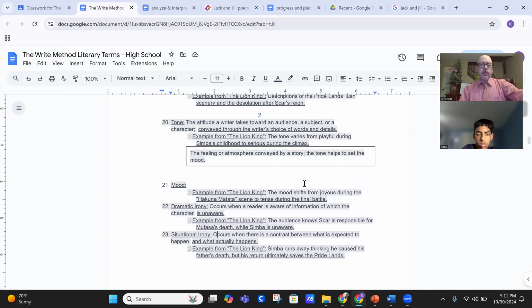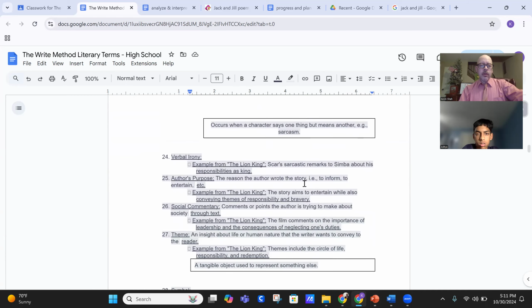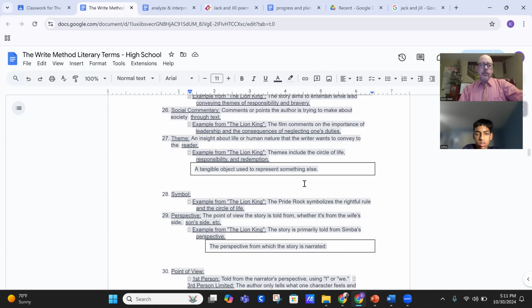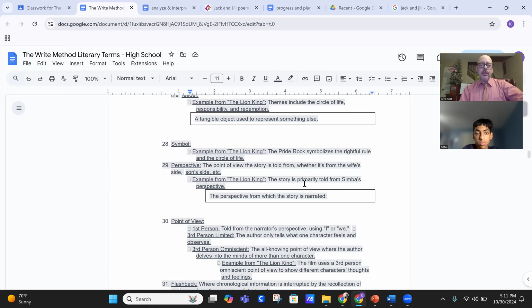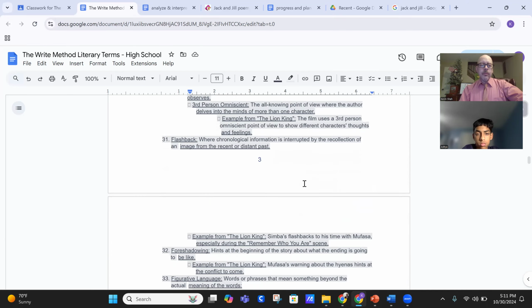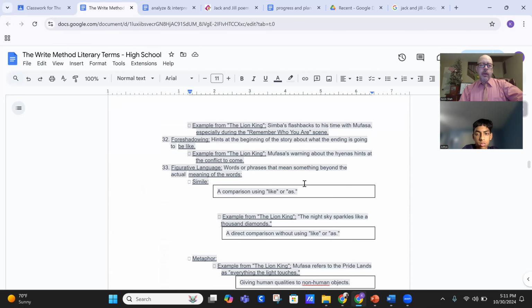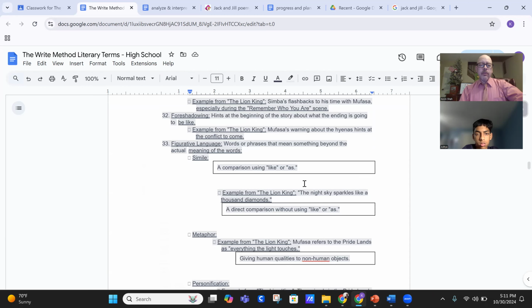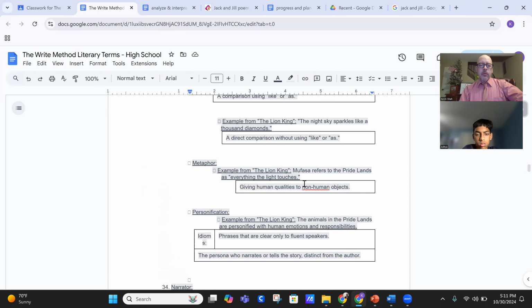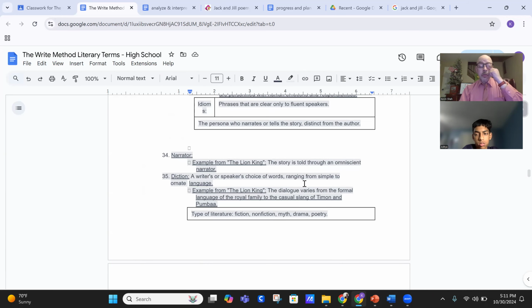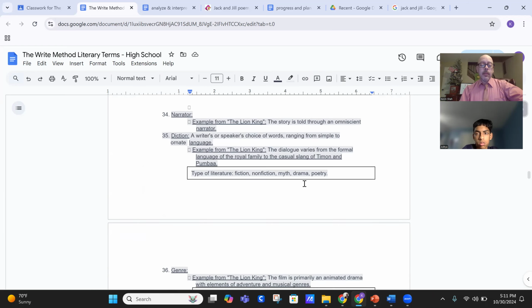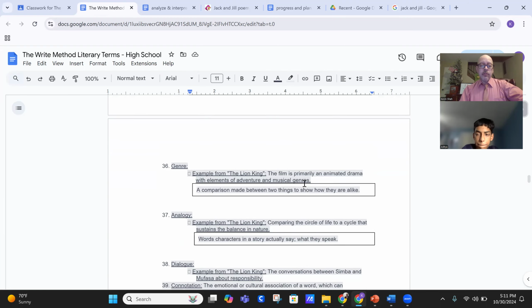You could certainly look at tone if you want to write this down. Number 20 is a good one. 21 might be something to look at. 27, obviously, but I think you probably will understand these and not really need to go through these that much. However, I would point out that poetry really uses figurative language. So really get to know that section there. And you can also talk about the narrator if you want to bring the narrator in. Sometimes you can talk about what the narrator is doing.